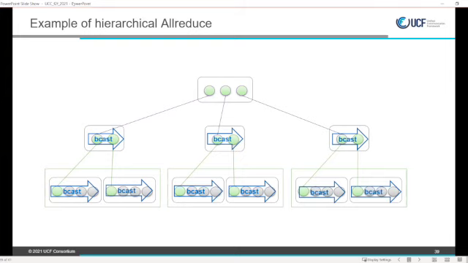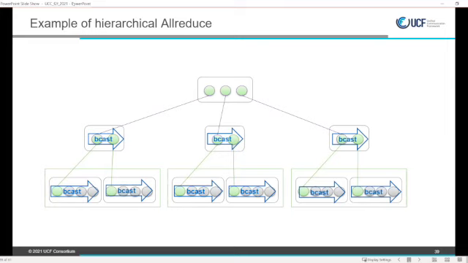So for the node leader processes, it will be 5 steps. For the gray processes here that are like leaves in the tree, it will be just 2 steps, reduce and broadcast within the socket. So this is an example. This kind of Allreduce would be best for latency. And another advantage of doing such a thing is that you can use different transports on different levels of that hierarchy. Like between node leaders, you need to run Allreduce, and there you can use, for example, SHARP if it's available.